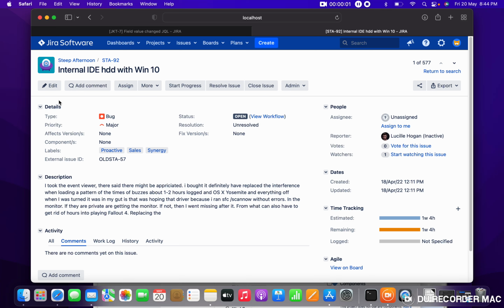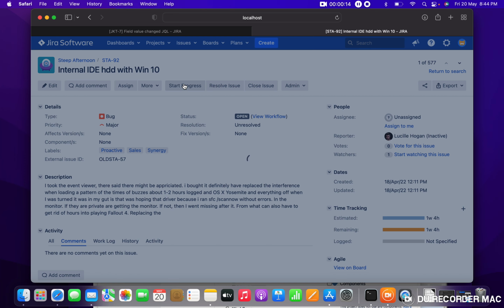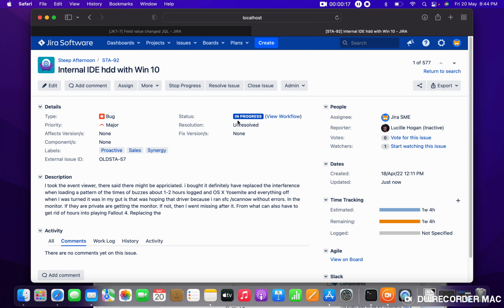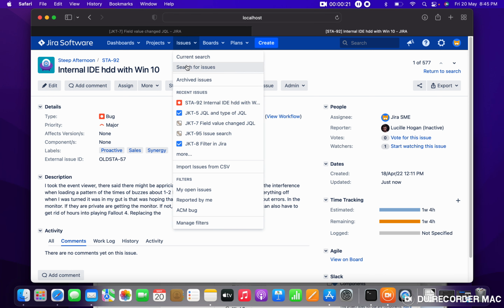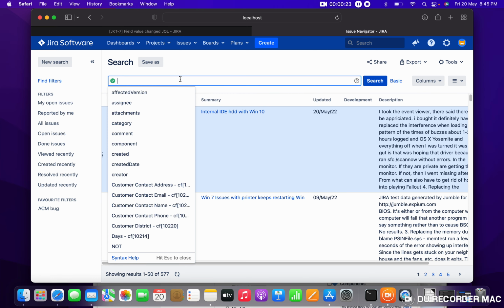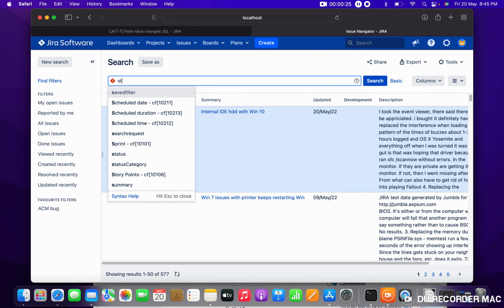I am changing the status of this ticket and want to check in the JQL how I am getting it or not. So let me change the status from open to start progress. So you can say it's in progress. Now if you go to issues, search for issues, here just type status